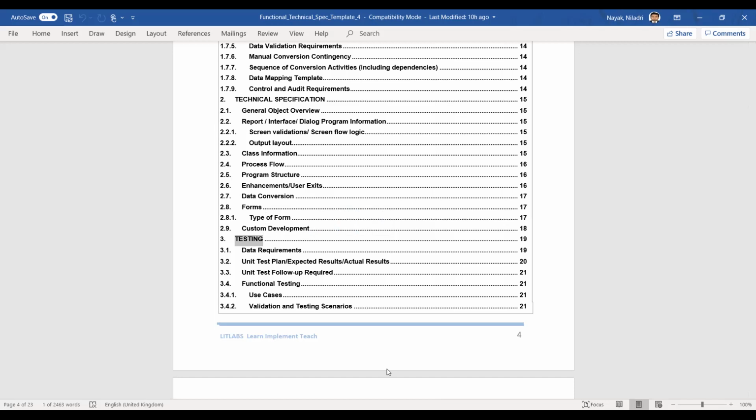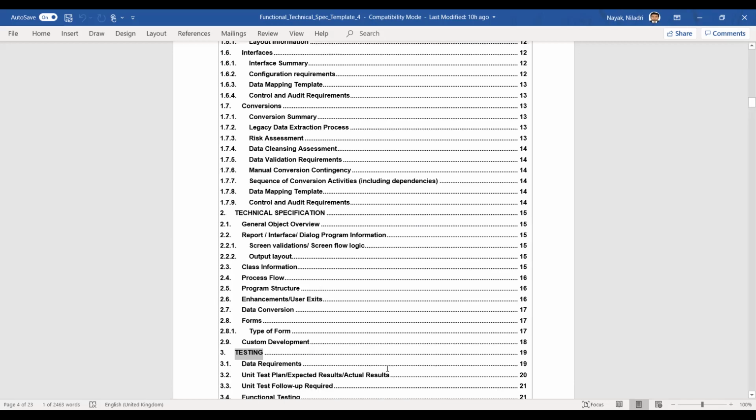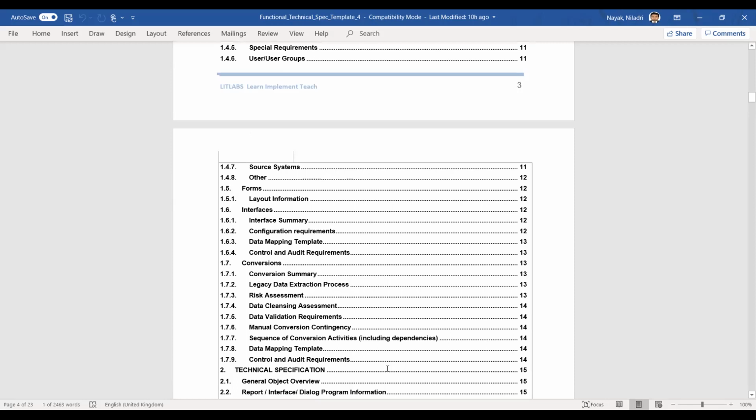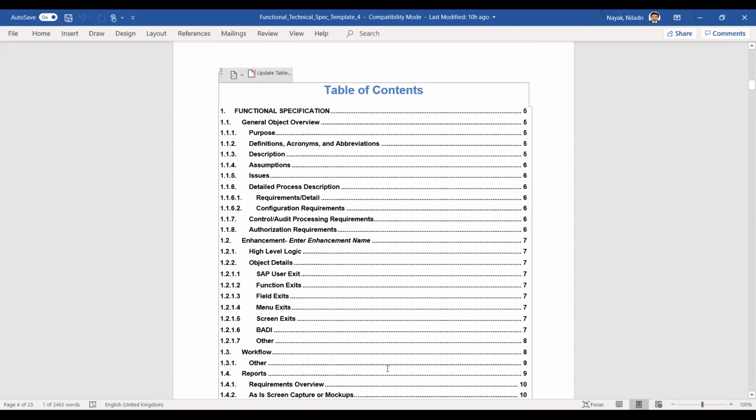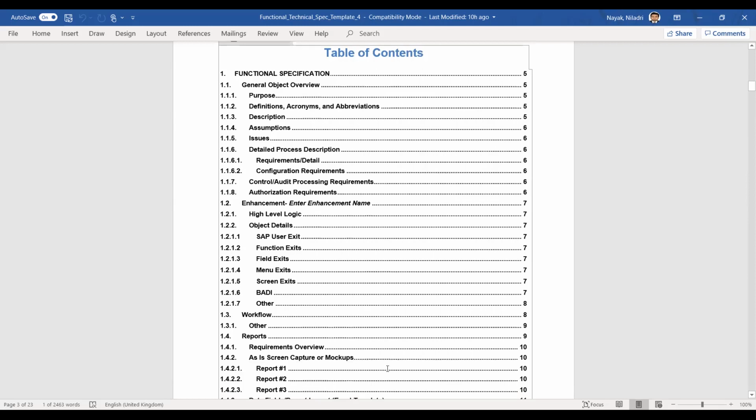Are you following me? Yes, sir. So in the functional specification, section 1.1 is a general overview.